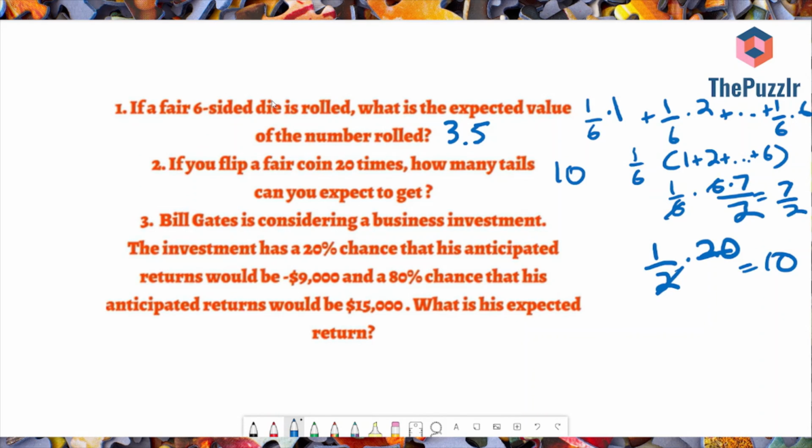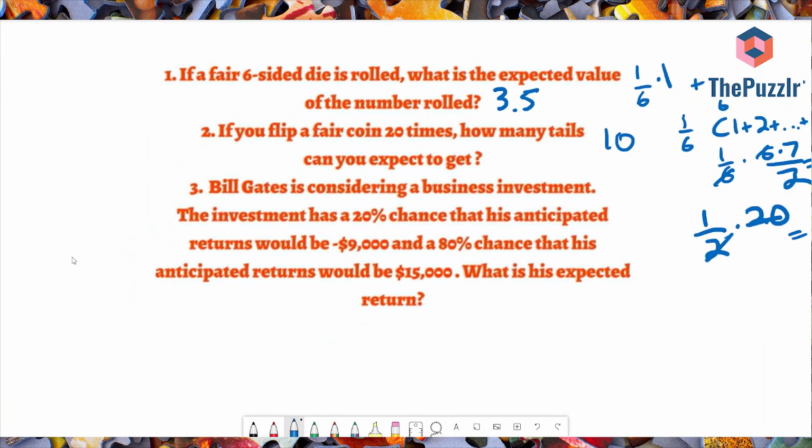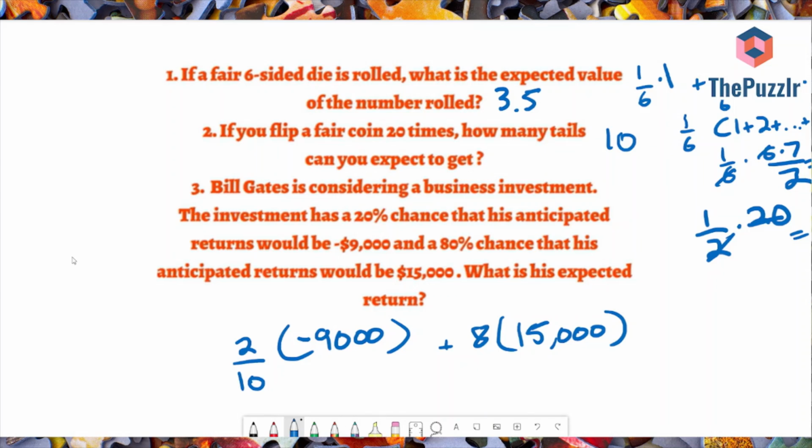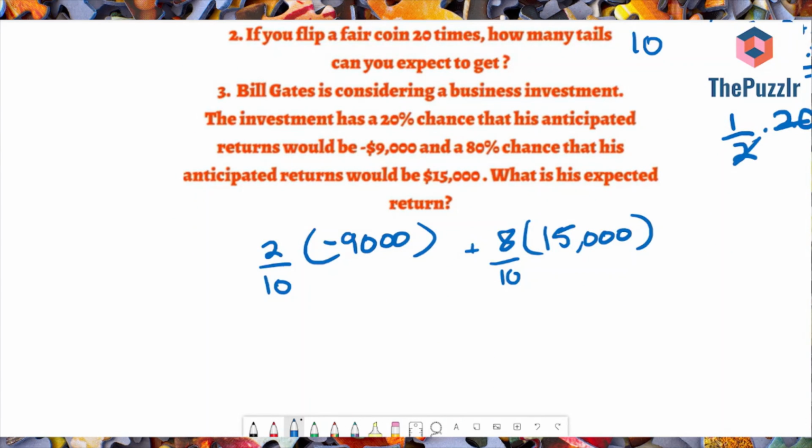So Bill Gates is considering a business investment. The investment has a 20% chance that his anticipated returns would be negative $9,000, so a loss, and an 80% chance that his anticipated returns would be $15,000. What is his expected return? So the outcome, negative $9,000, we need to multiply it by the probability that it occurs. You can write 20% as 2/10. And then we add to that the outcome $15,000, and the probability of that happening is 8/10. The 10s cancel out, so we're left with